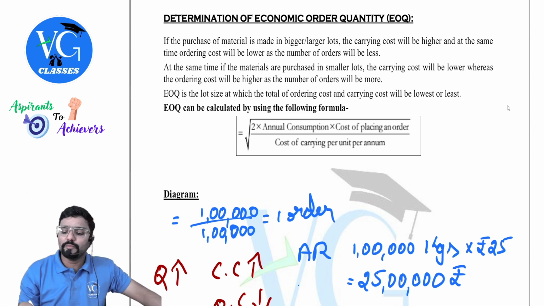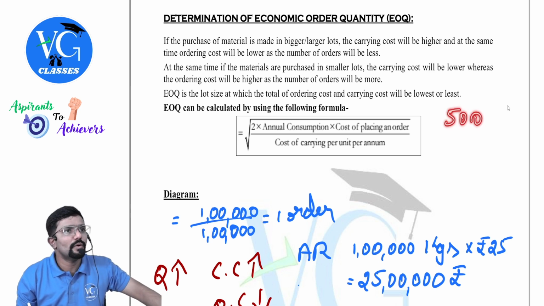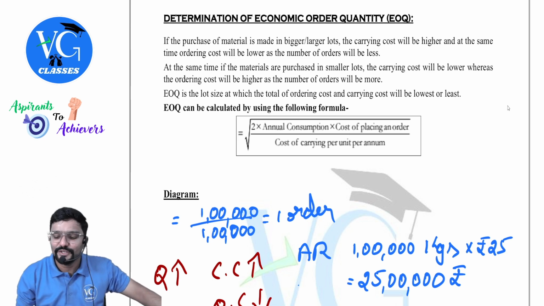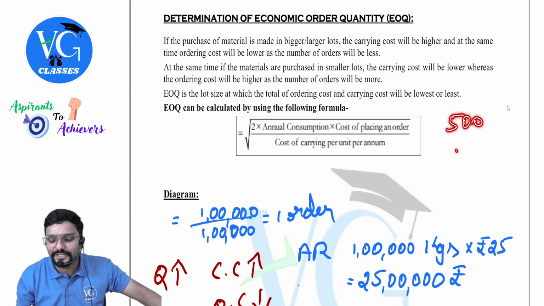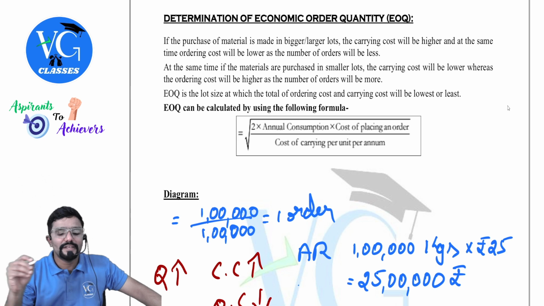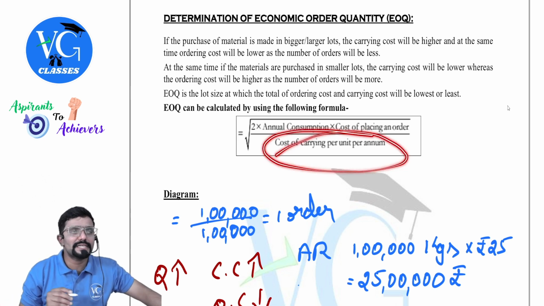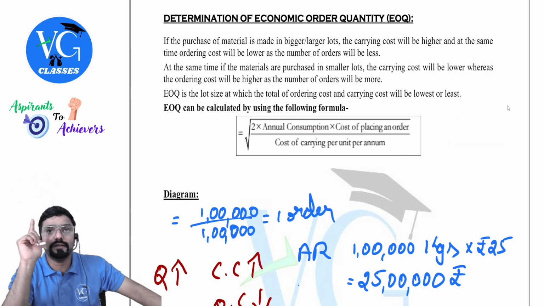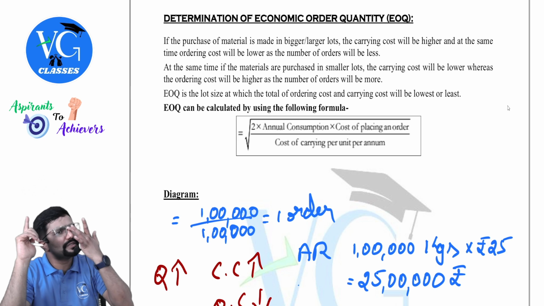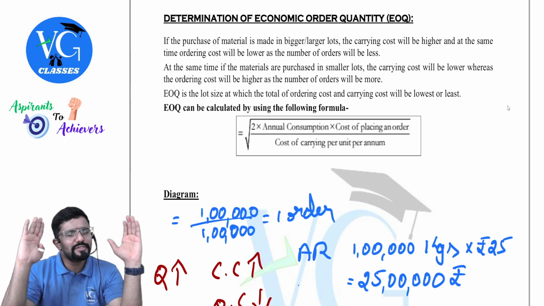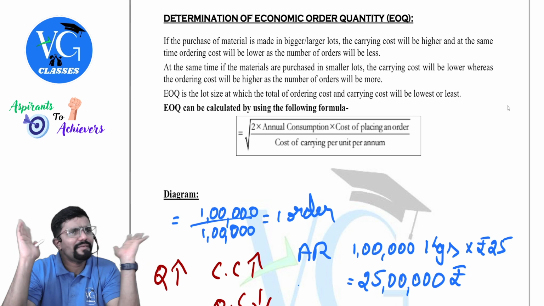Or else assume raw material price is 500 rupees. Costliest raw material. They have to take very good care of it. So accordingly, carrying cost would be 10% of it. Means how much? 50 rupees. Is that clear? Means when carrying cost is given in percentage, you have to apply it on what? Purchase price of raw material. Will it be given in the question, sir? Yes, it will be given. Hope you guys are getting it. If it is already given in rupees, no problem. Straight away take it.